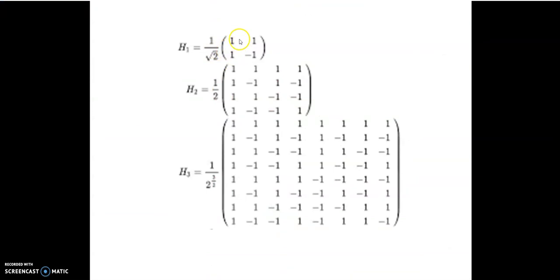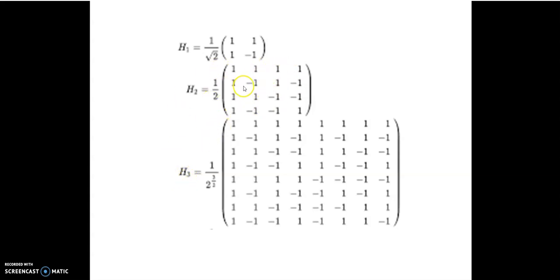If I have H1 as this, H2 will be this multiplied by 1, then the second 4 elements will be this multiplied by 1, then this again multiplied by 1, then this multiplied by minus 1. So if I find out the value of order 3, what will be my expression? Here I have 1 by root 2 into 1 by root 2, that is 1 by 2. Then for order 3 I will have 1 by root 2 into 1 by root 2 into 1 by root 2, that is 1 by root 8, which is written as 1 by 2 raised to 3 by 2. Then H3 will be H2 Kronecker product H1, is it?